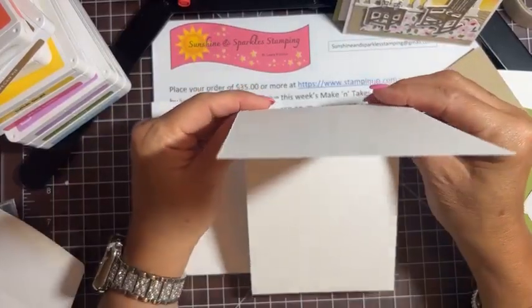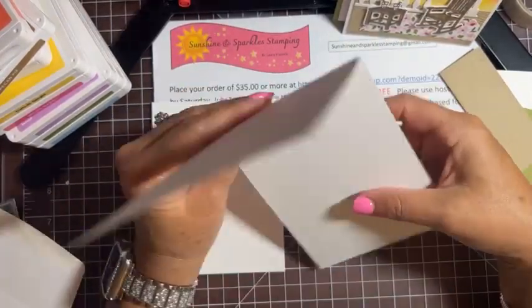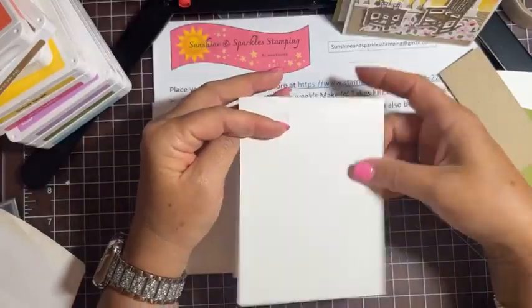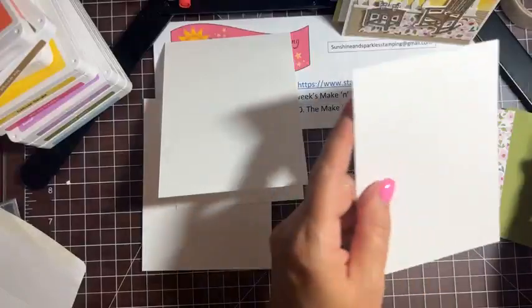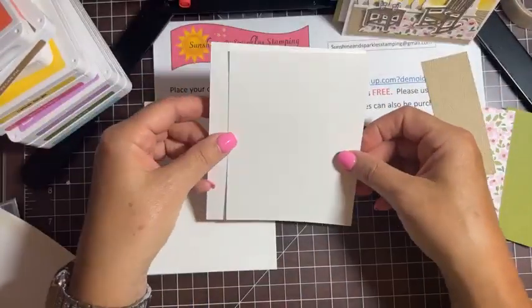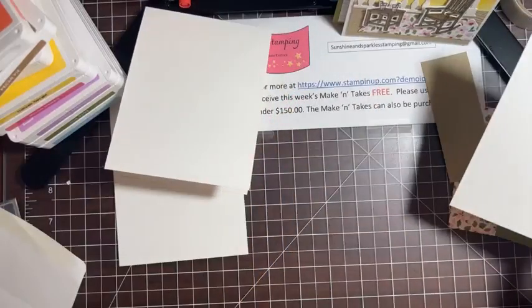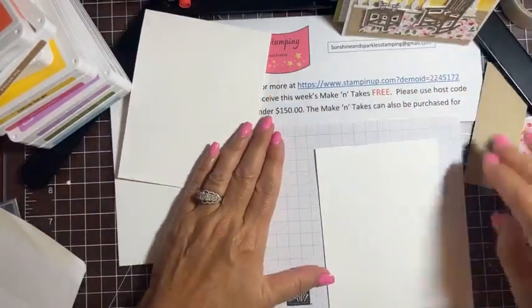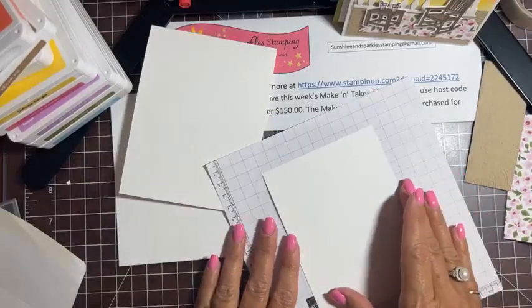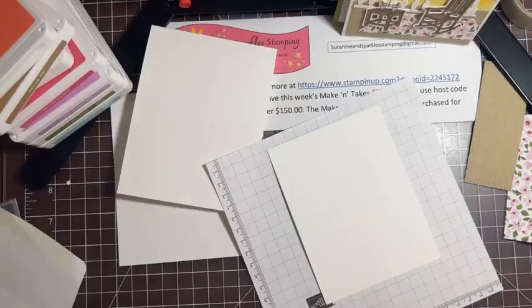We're gonna start this time with the card base that's thick basic white, 8.5 by 4 1/4, and we're scoring this at 5.5, so our card's gonna open this way. All right, so our first layer is gonna be white, and this is the layer that we're gonna just do some blending on. So let's do that. I'm just gonna get out a little piece of scratch paper, and we'll just start blending this. I'm gonna start with Daffodil Delight at the bottom,